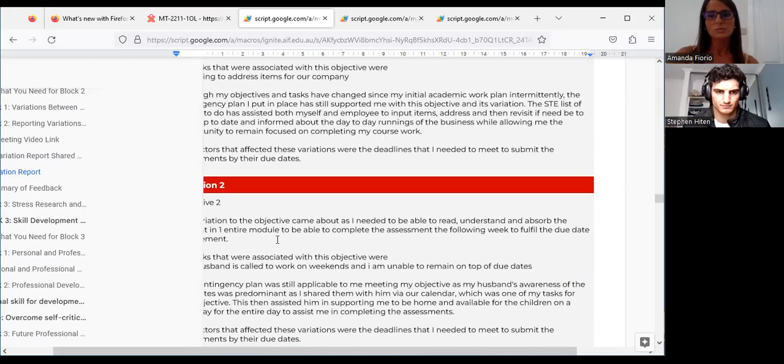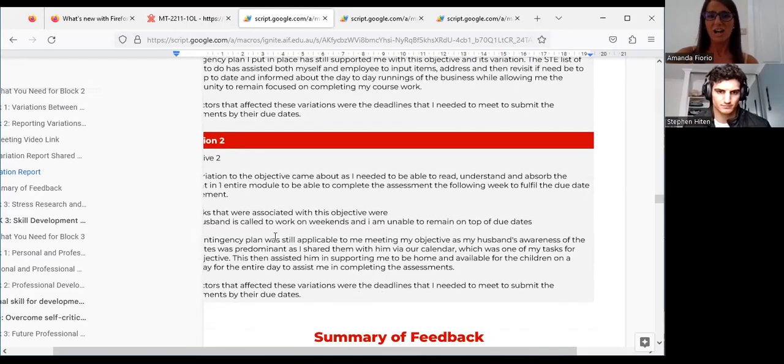Objective 2 was that I would complete, again, just a particular amount of time per week. However, I've had to speed that up and dedicate a lot more time to it, to read, understand, and absorb one entire module every week so that I could then complete the assessment.